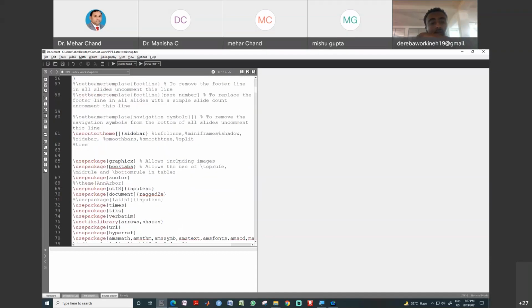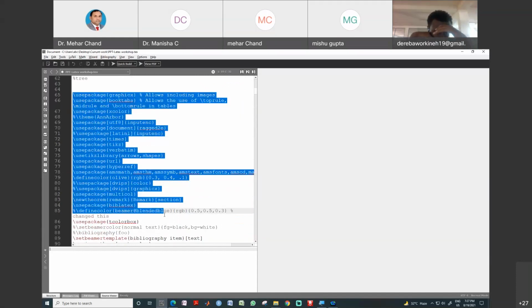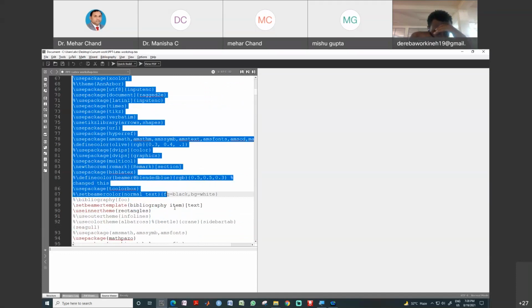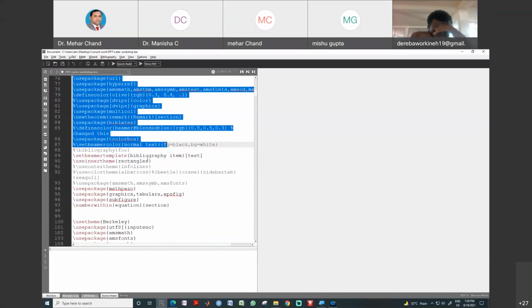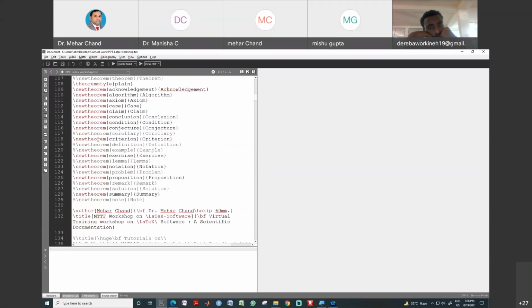Okay, and see here, all these packages which we use in our document you can see at this place. These are the same packages which we use in the article. Okay, and all these are available. So in this style, all the packages, all the styles, conjecture, summary, proposition, notation, exercise, conclusion, claim, case, axioms, theorem, whatever you need are managed in this file.